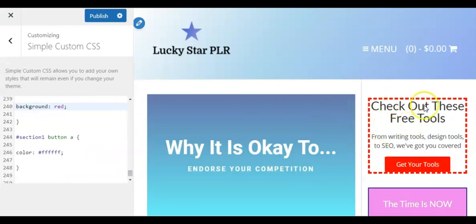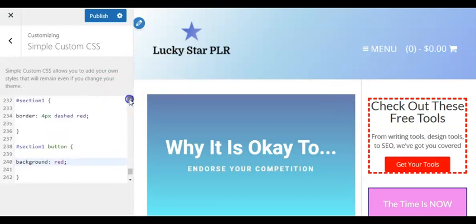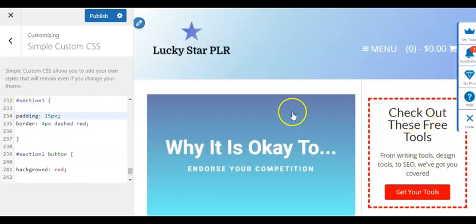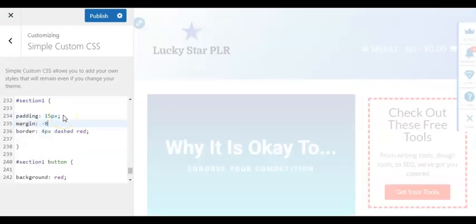To give it some space inside of it, we're going to give it some padding. So we're going to go back up to the first part here, and padding. As you can see, with just some padding, it gives it some space inside of it. I can move it up with margin. If you want it to be exactly where the top of this is, you just add some margin, -8 pixels.